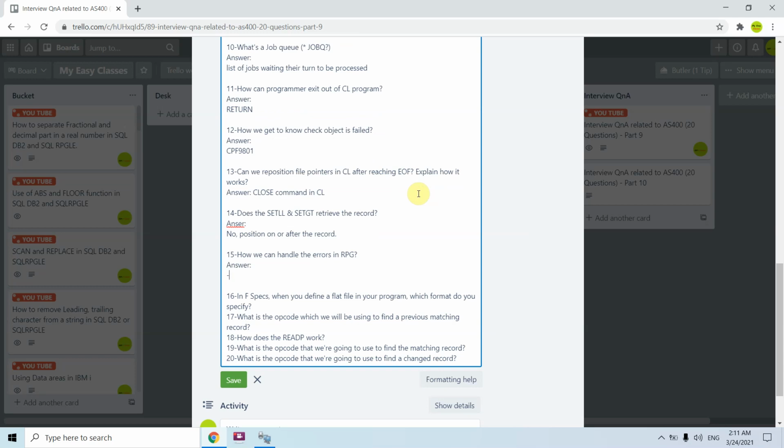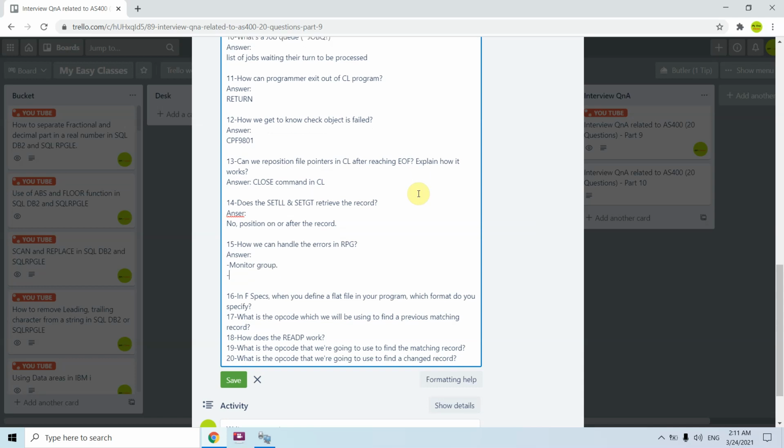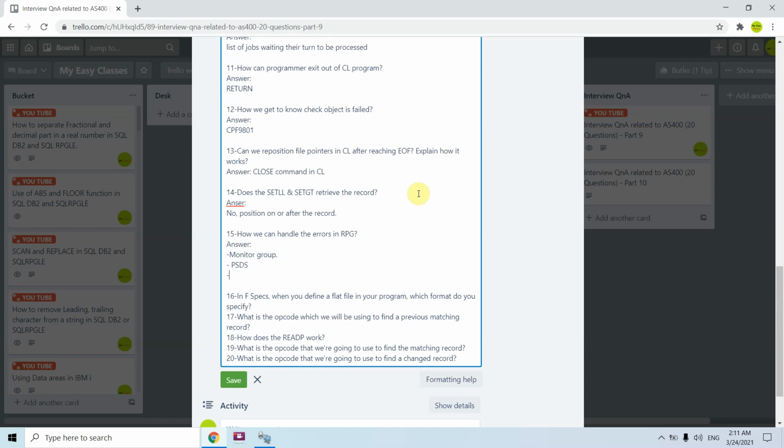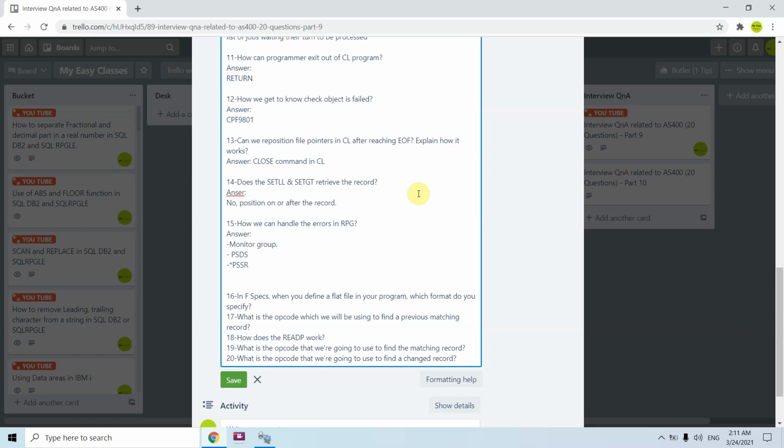For example, I already told you about the monitor group, monitor and ON-ERROR block. The first thing would be the monitor group, the second would be PSDS, the program status data structure, the third I would say is the *PSSR subroutine, the fourth would be the operation extender, opcode extender E, used for error.